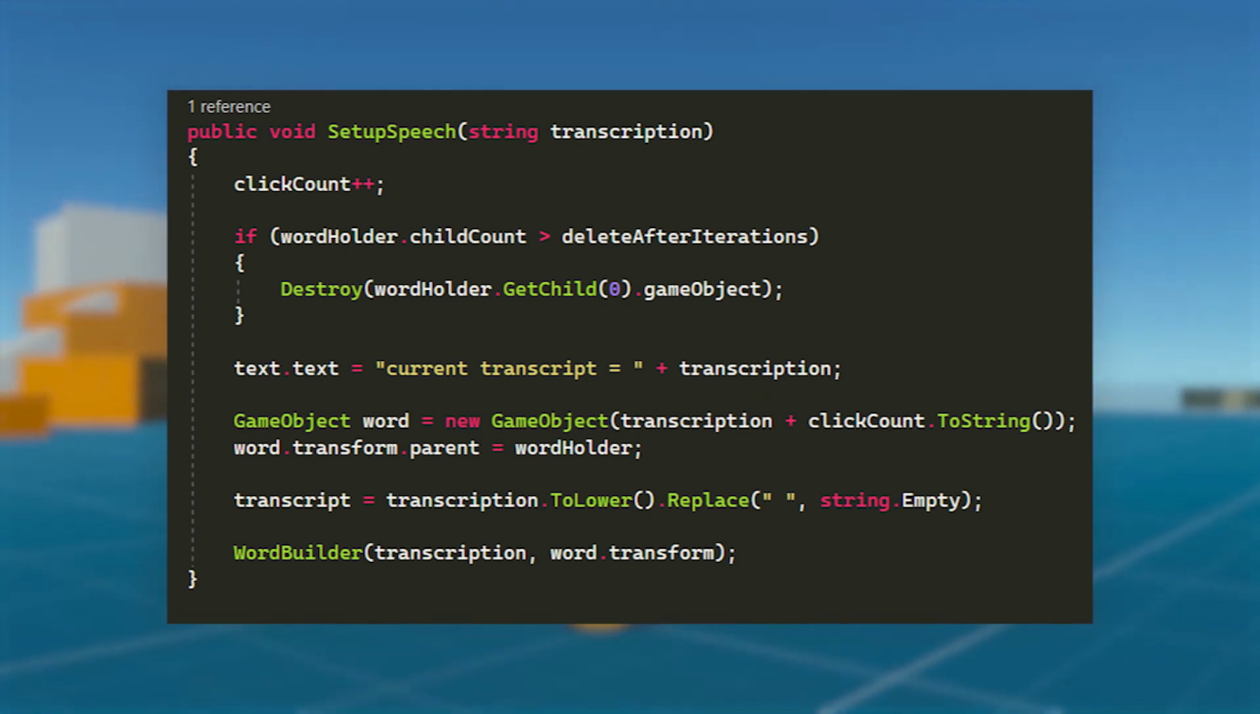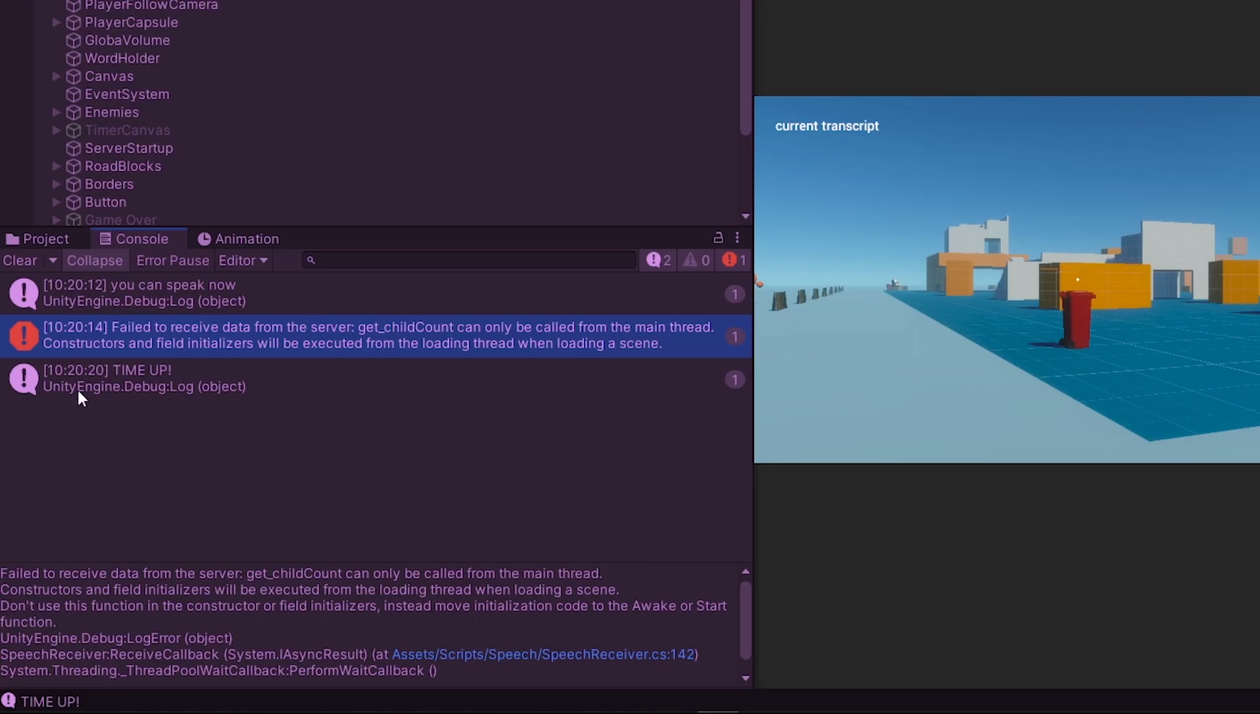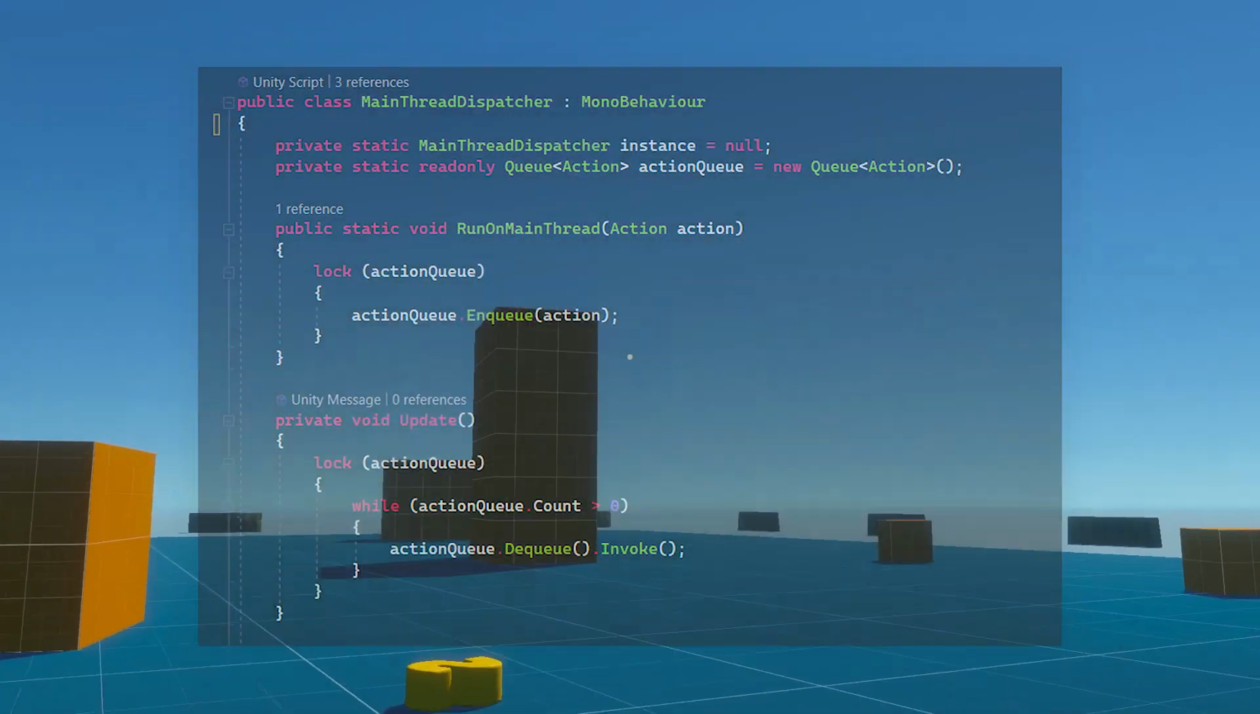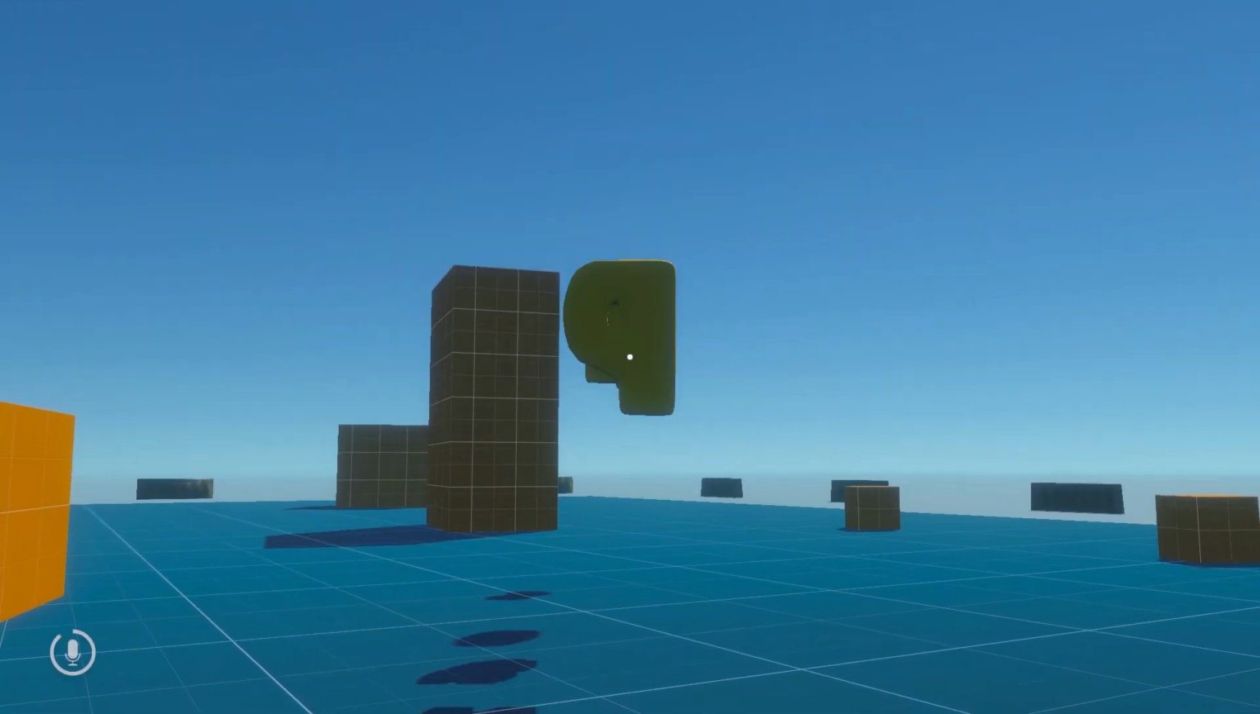However, it seems that it can only be called on the main thread, and since we are receiving the messages on a separate thread, Unity doesn't like it. So I used this script that I found online to call the same function on the main thread, and here's how it looks. Letters,